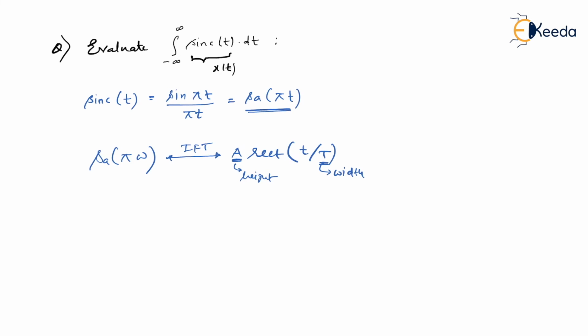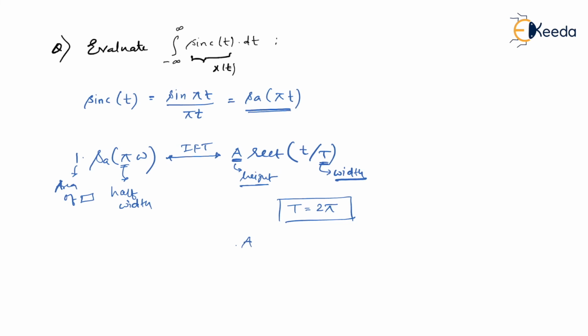In case of a sampling function, we know that the coefficient of omega is nothing but half the width. So when I say half width is pi, naturally the width of the rectangle will become twice pi, that is 2 pi. So the width of the rectangle is known to me. What is not known to me is the height of the rectangle. So here is the answer. The coefficient of the sampling function is 1, and this is always the area of the rectangle, and the area of the rectangle is nothing but height into width, that is L into B.